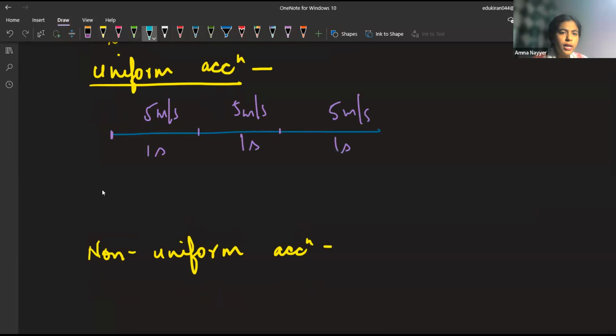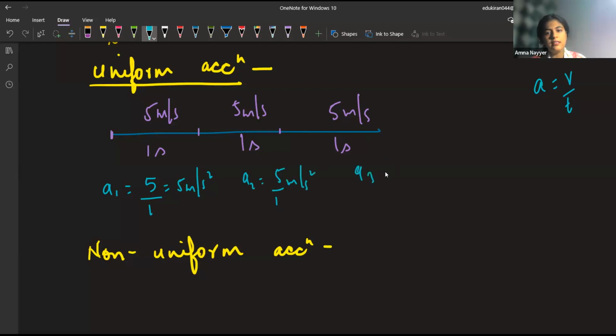If I calculate acceleration in the first part, acceleration is velocity by time. Velocity is 5, time is 1, so acceleration is 5 meter per second square. Come to this part, A2: again 5 by 1, meter per second square. A3, same thing, 5 by 1, that is 5 meter per second square. So 5, 5, 5 meter per second square means your